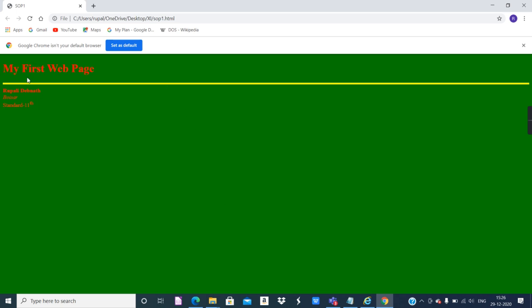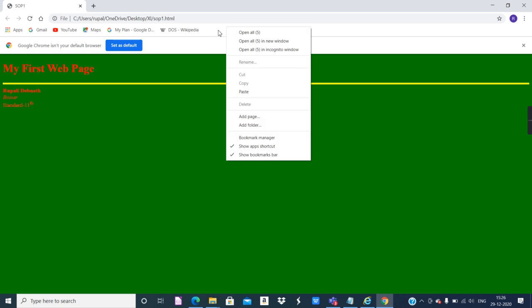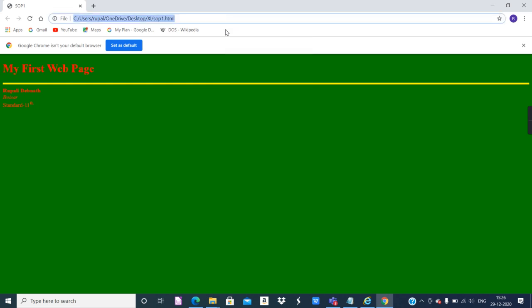So this is the output in Google Chrome. Now Google Chrome will not have a menu bar. You will say, if I give a right click, shall I get the menu bar option? No, you will not get it. You have to install it separately. There is no provision in Google Chrome, and browsers like Mozilla Firefox will have a menu bar, and Microsoft Edge will also not have a menu bar. If you want a menu bar separately, you have to install an add-on, and that is not required.